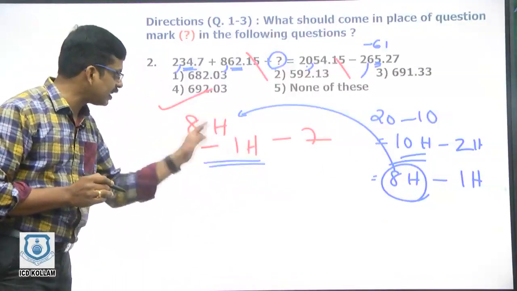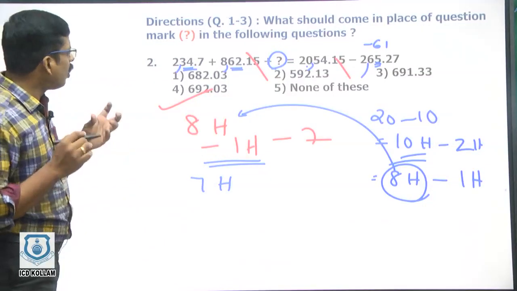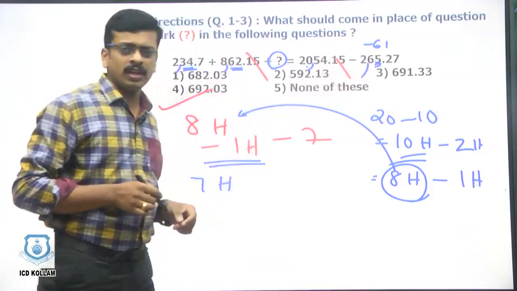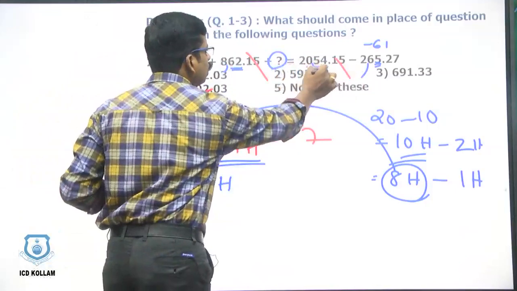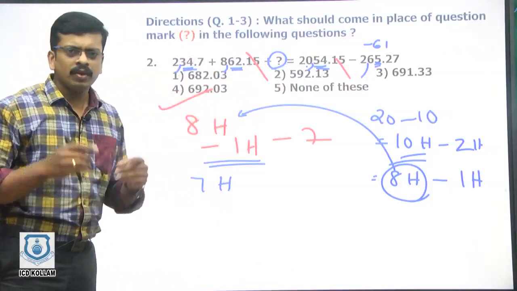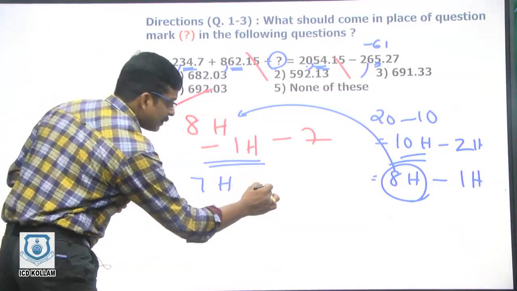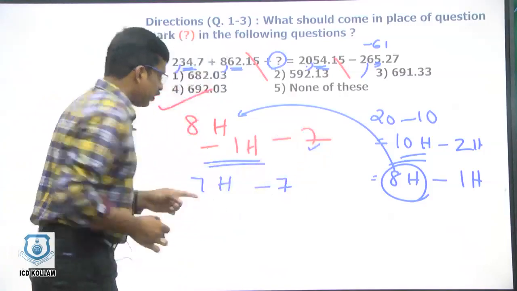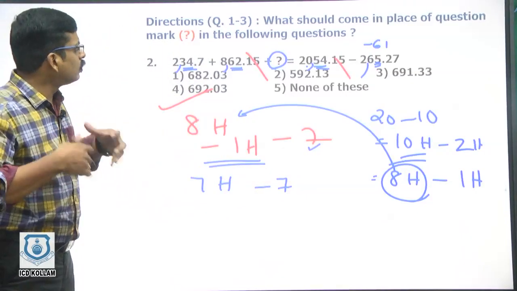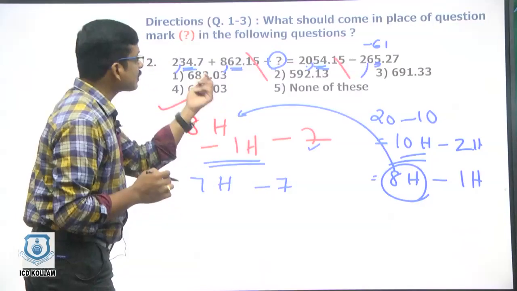So its case is very clear. Now we have only 7 hundredths. Now the remaining portion, this is 61 now, and already we have a 54 in plus sign. 54 minus 61, you know, it is minus 7. So you need to subtract a 7, that 7 I am writing here. You need to subtract 7 from that 700. Now we go to the decimal part. It is 0.15 in minus sign.